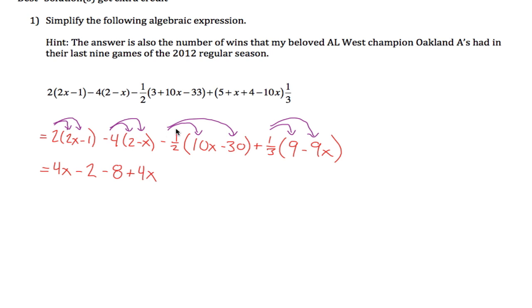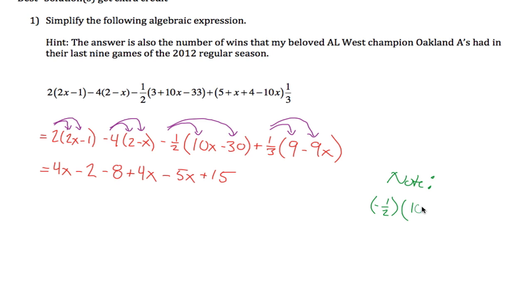Now we're going to distribute negative 1/2 to both of these terms. Negative 1/2 times 10x is negative 5x. Maybe I'll have to write that out on the side where that comes from. And negative 1/2 times negative 30, a negative times a negative is a positive, and 1/2 times 30 is 15. Maybe I'll do that as a little note off to the side. Note, negative 1/2